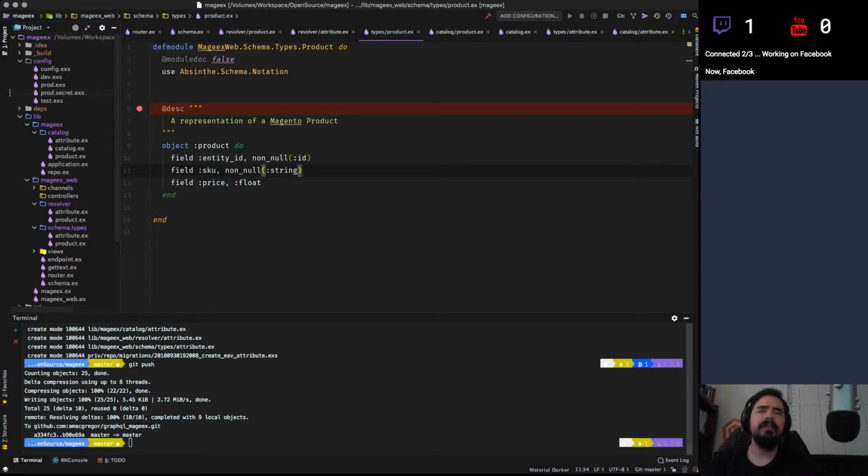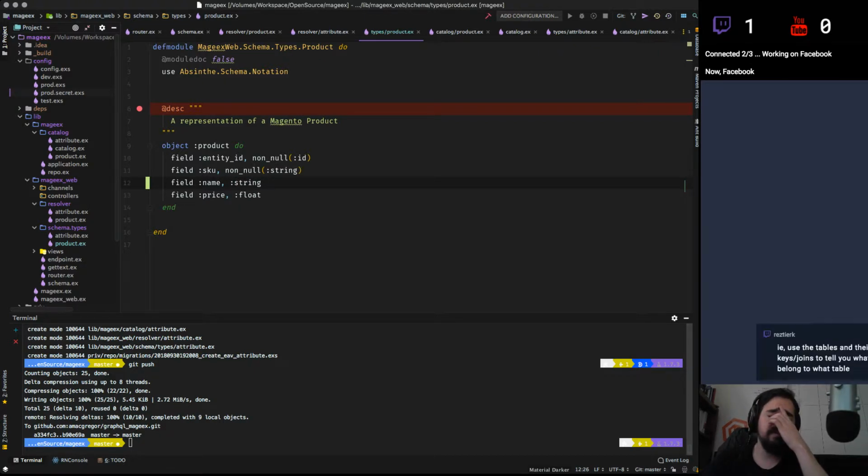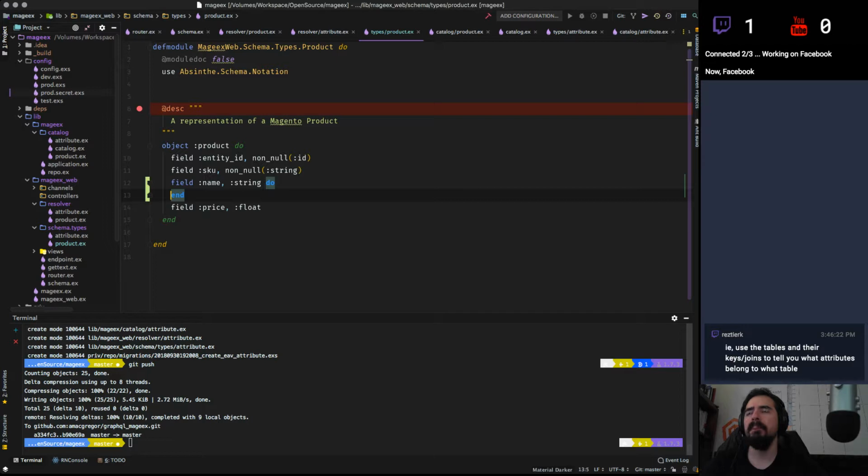Let's see. So let's take something that is, I don't know, bar chart. Let's say field name. It's gonna be a string in this context, and because we're gonna be querying another entity here, let's say we want to execute a function here. Wait, I think you're gonna like the way I'm gonna solve this one. We're gonna tell GraphQL or Magento to